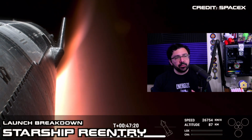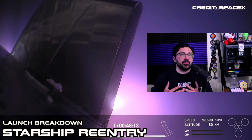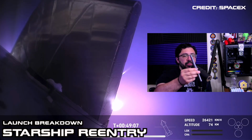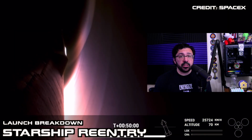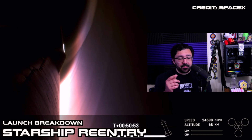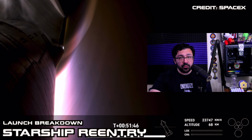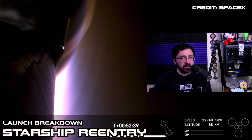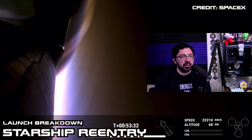It also had to be able to use those flaps at hypersonic speeds to control Starship as it came back in, to turn Starship around, and then allow it to shed the rest of the speed so that it could touch down safely in the ocean. And they did that. They experienced peak heating. The spacecraft was able to survive and then still perform the maneuver at the end to touch down. It experienced max aerodynamic pressure and made it through. The spacecraft did not fall apart. It shed the speed, and the flaps